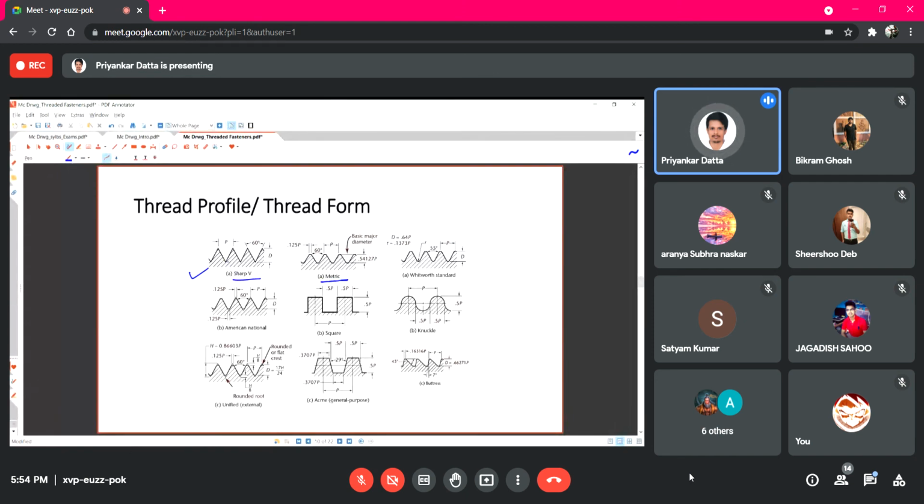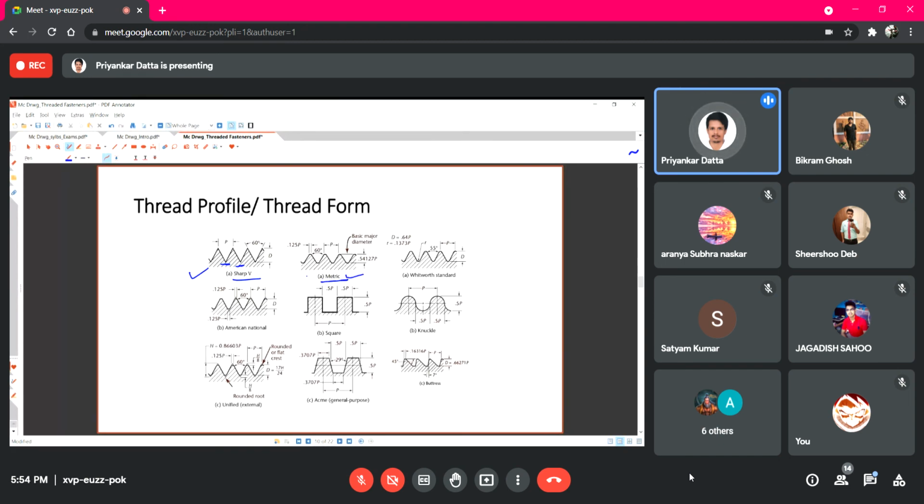Again, the concept of stress concentration comes into the picture. Because of sharp V, these portions will be under tremendous stress. So to avoid that, they are flattened or rounded off. That way we can make the stress concentration much lower, and that modified V thread is called metric thread.